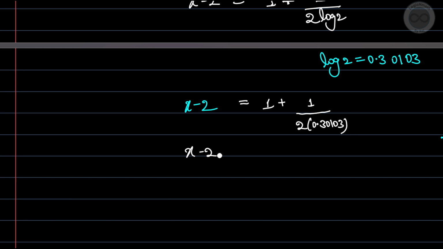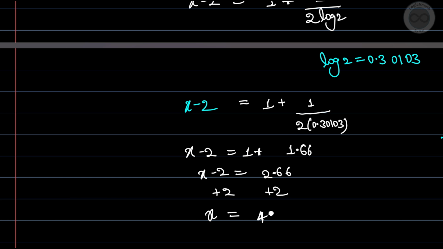Now x minus 2 is equal to 1 plus, when you solve this, you are going to get 1.66 something. So this becomes x minus 2 is equal to 2.66. Now adding 2 on both sides, we get x is equal to 4.66. So